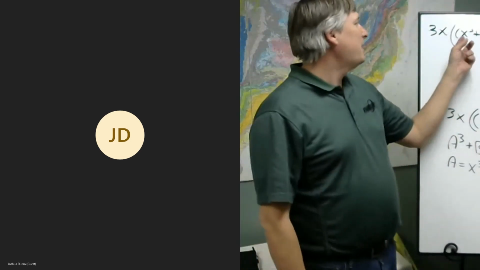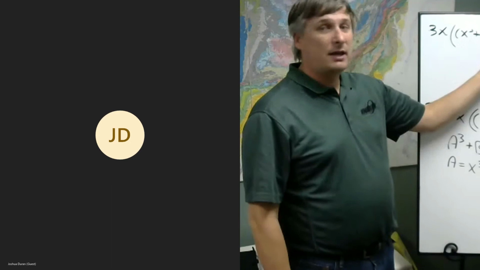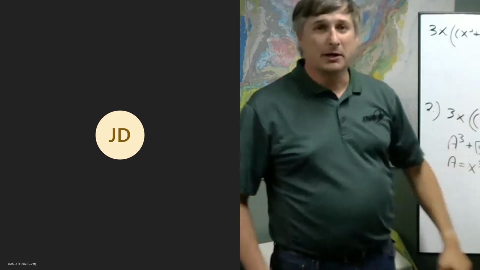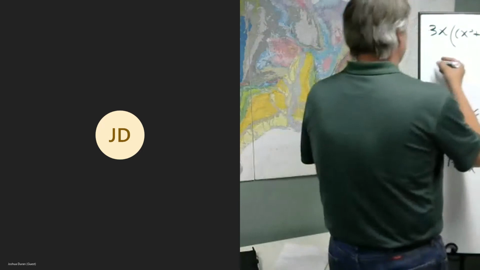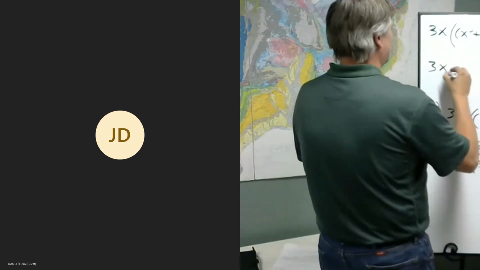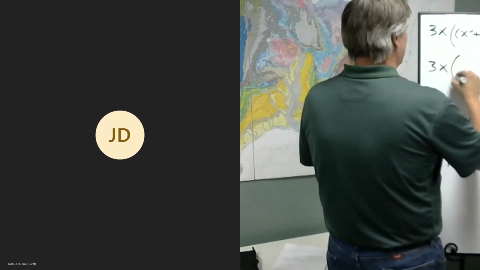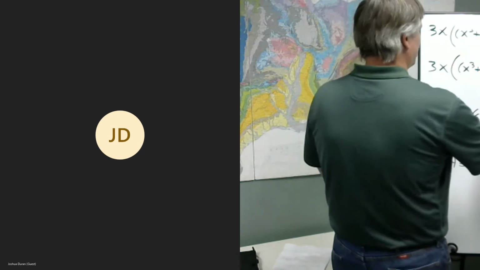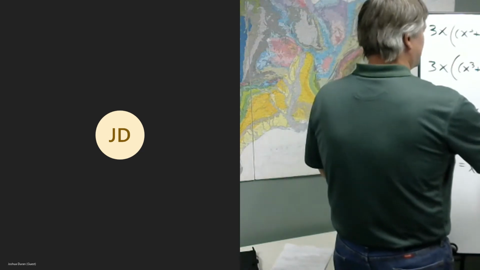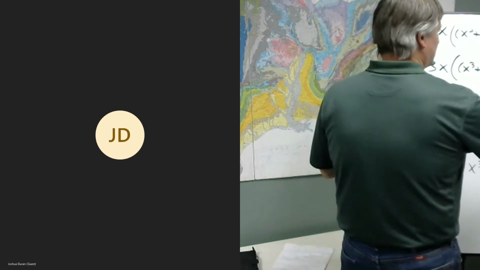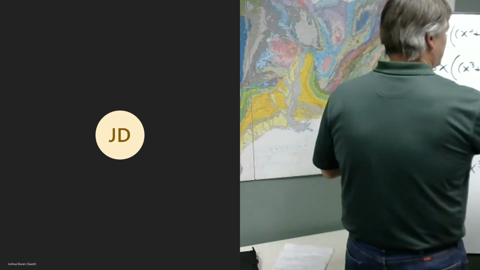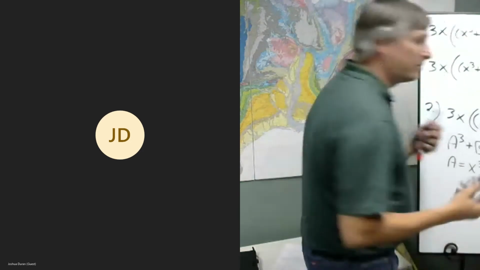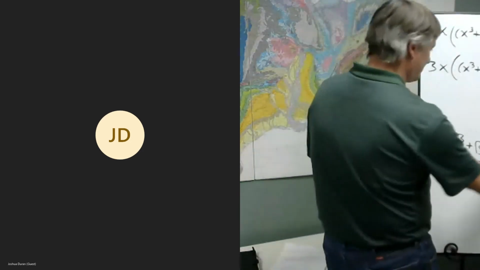So we have A plus B, A squared, minus A times B plus B squared. So this will be x to the 6th minus x cubed plus 1. And then bringing this all together,